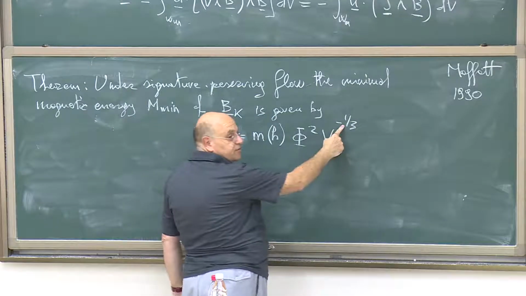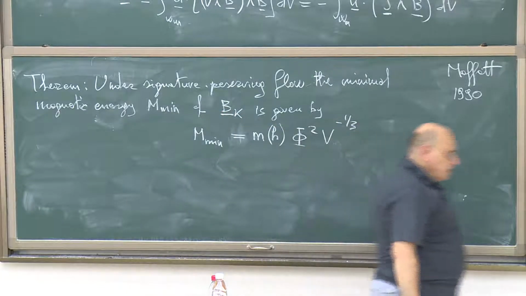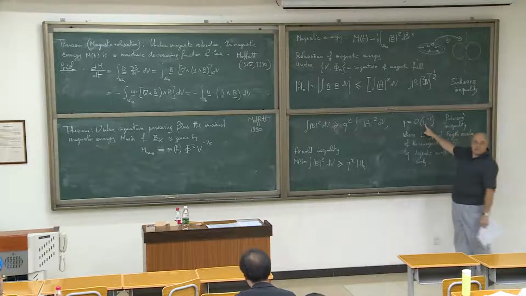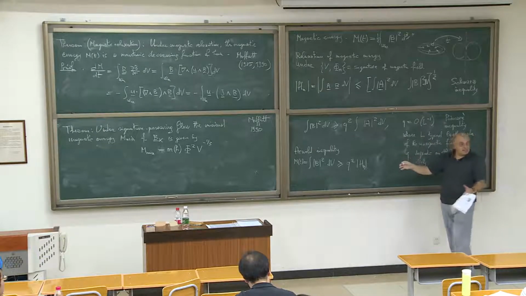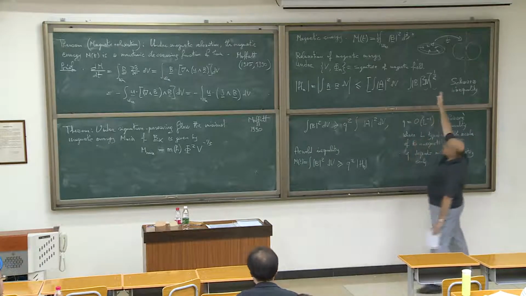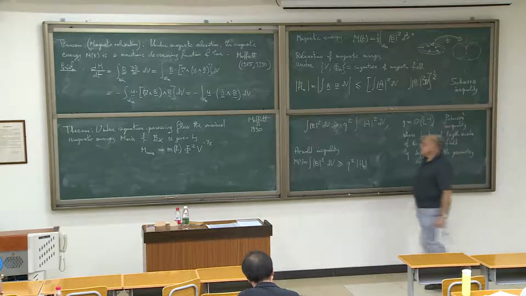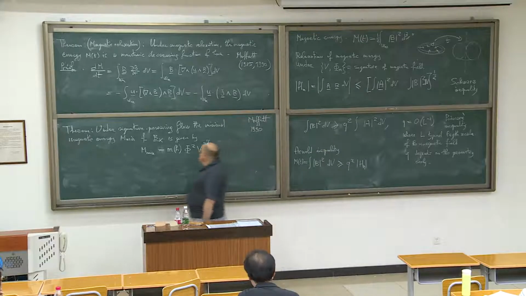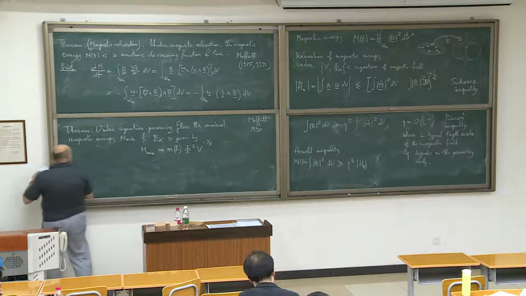Volume to the minus a third means 1 over L. Remember, Q depends on this L, on the size of our structure, so whether it is relaxed or not. And this M of H